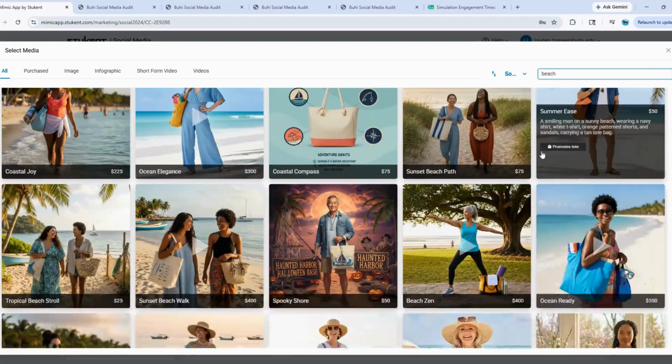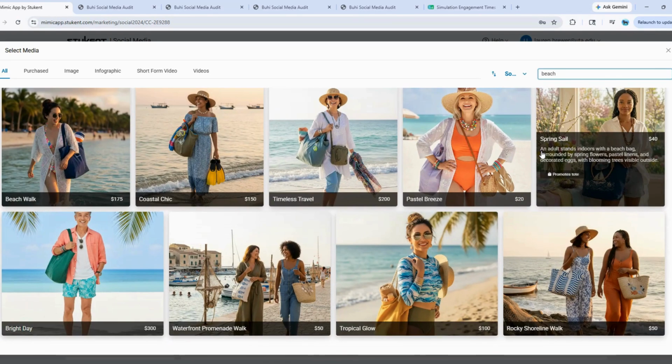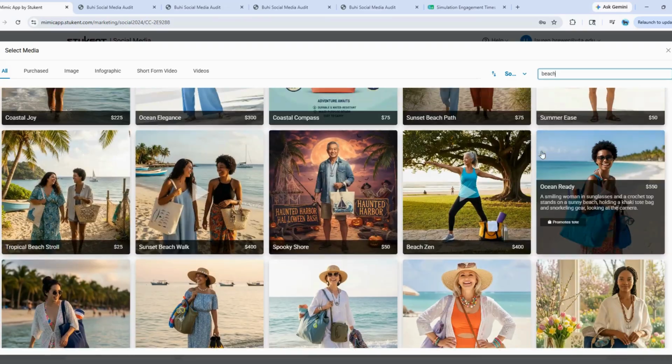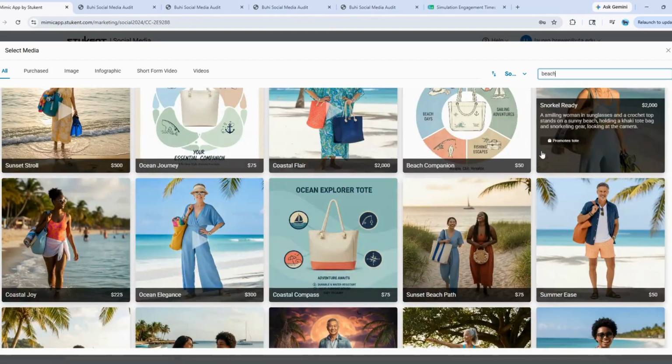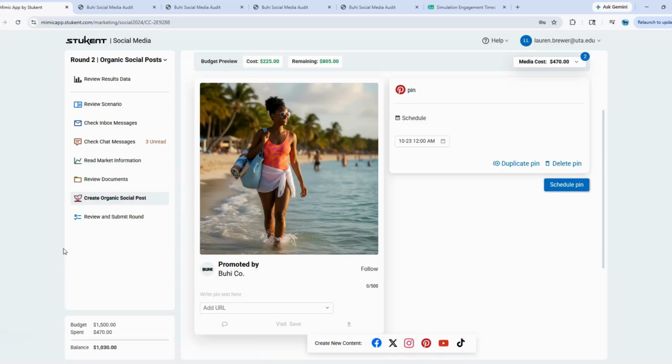So we can see that we've got a variety of beach-related posts. Let's select Coastal Joy. So we've got a woman on the beach carrying a large woven tote bag and it has a towel in it. So we'll select this one.